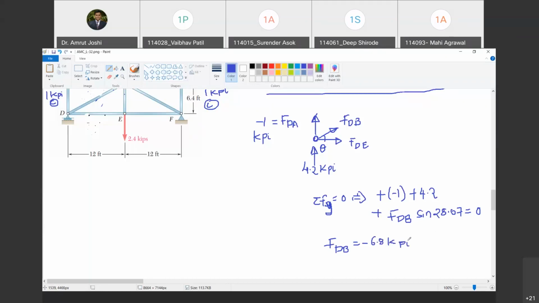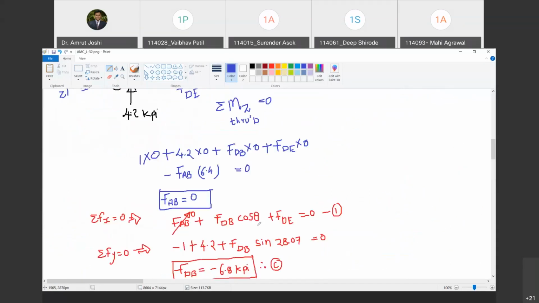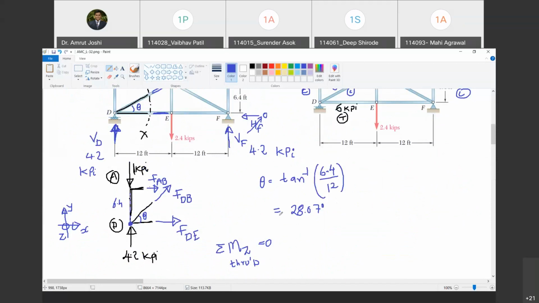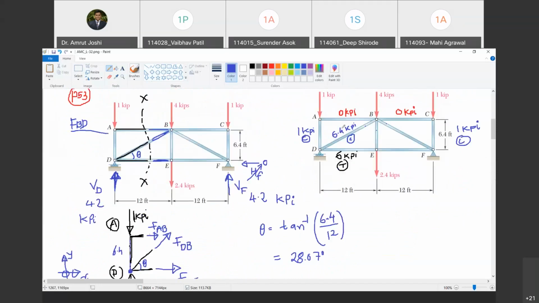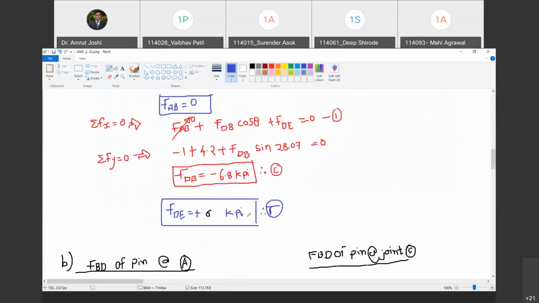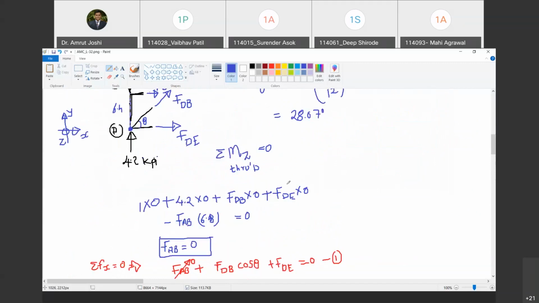फिर से ठीक से करो. -6.8 ही आ रहा है. Yes, sir. तो ऊपर वाले इसमें कुछ गड़बड़ की क्या? 6.4 कैसे आया यहाँ पे? So it is 6.8. Yes, sir. Okay, so I have written it as 6.4. So that should be 6.8. Oh no, क्या हुआ क्या?